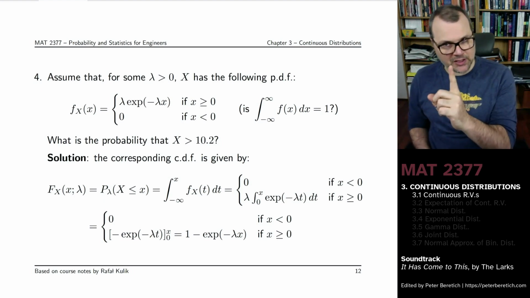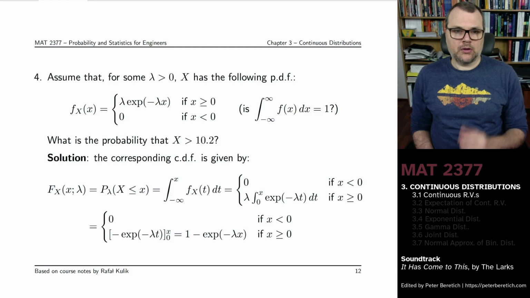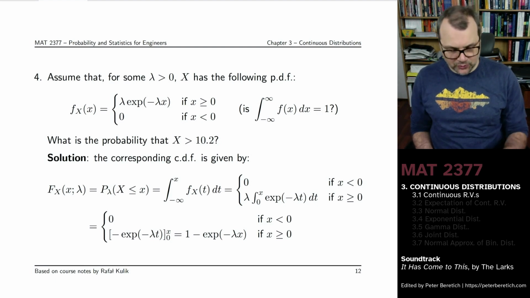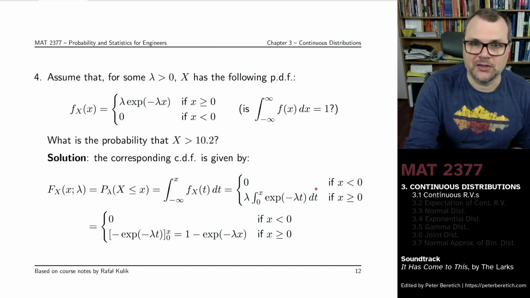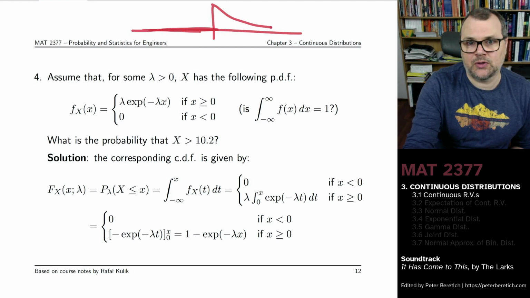So we're not talking about a single value, but a range of values. The PDF is given by this function, lambda exponential of minus lambda x if x is positive and 0 otherwise. I'll give you a little drawing. We'll see the computer drawing in a second, but we're talking about something which would be 0 prior to 0 and something that would look like this